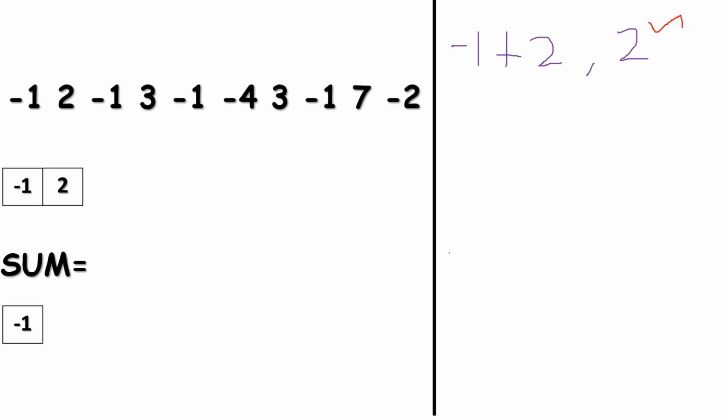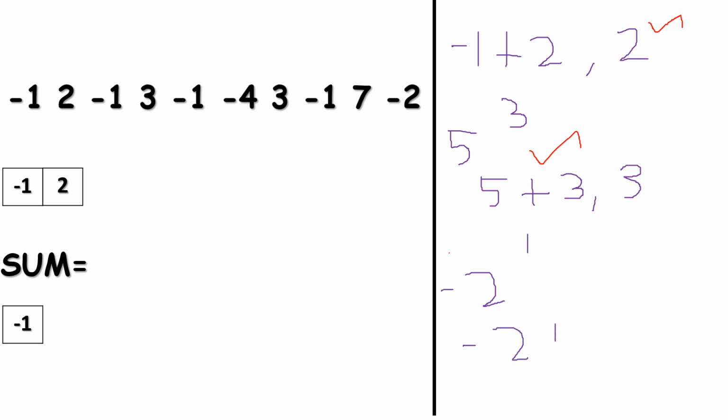Or in another example, if we have 5 as the sum we already have and 3 as the new number, the possible solutions are adding the two numbers or taking the new number directly. So here adding the two numbers is the maximum. Or in another example, if we have -2 as the sum we already have and 1 as the new number, in this case, adding the new number is smaller than taking the new number directly.